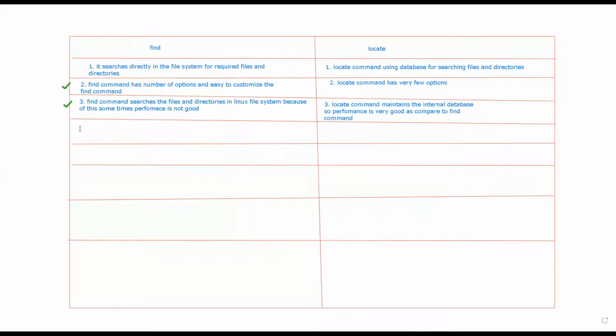Now the fourth difference is, we can find the files based on name, type, size, depth, age, user, group, and permissions, right?